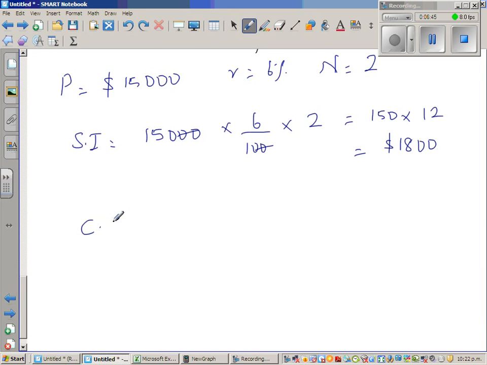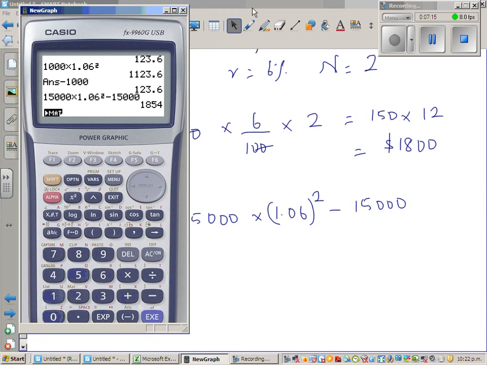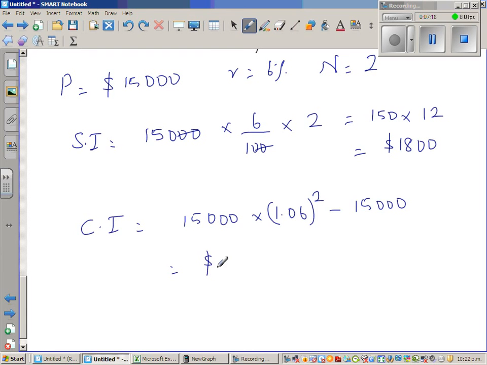For compound interest, I'll use a calculator. This is 15,000 times 1.06 squared minus 15,000. 15,000 times 1.06 squared is the amount, minus 15,000 will give you 1,854. So the compound interest is 1,854, and the difference is 54. So our answer is